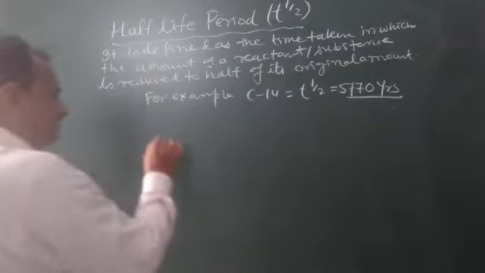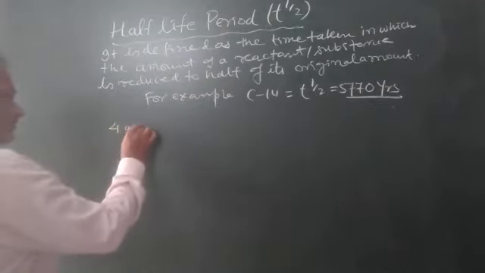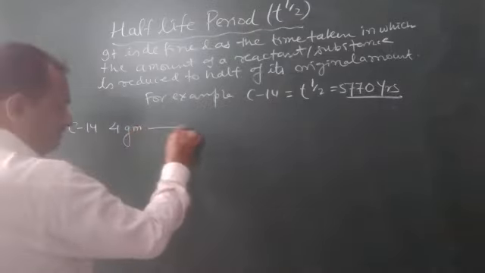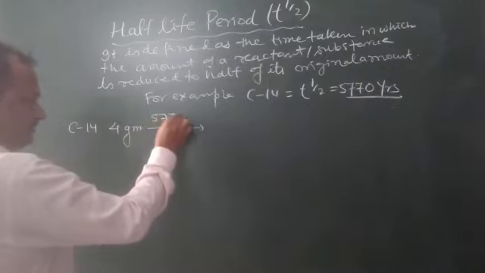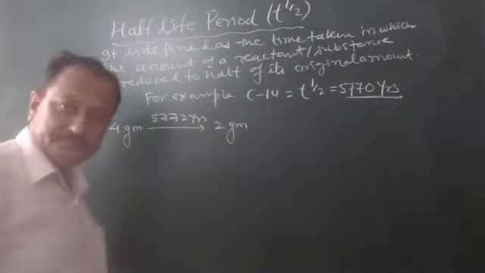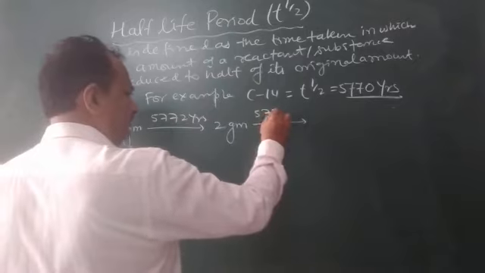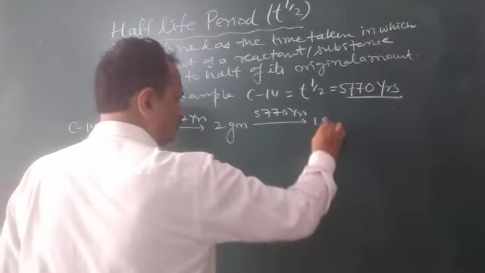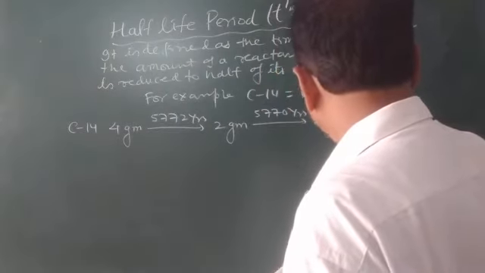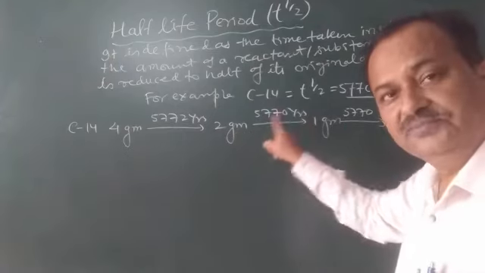So the meaning is, if you take a 4 gram sample of C14, after 5,770 years it is reduced to 2 gram. Then after again 5,770 years, it will reduce to 1 gram. And after another 5,770 years,